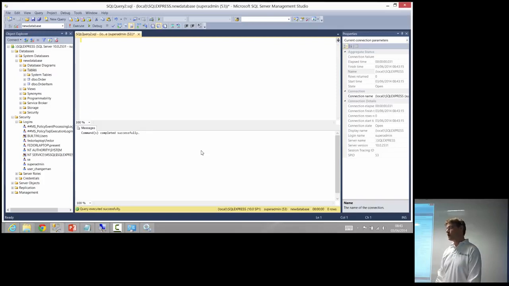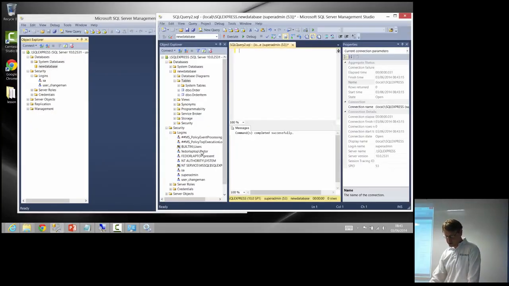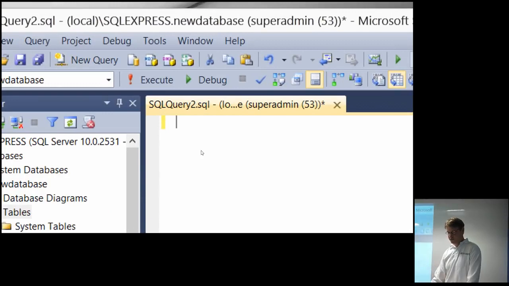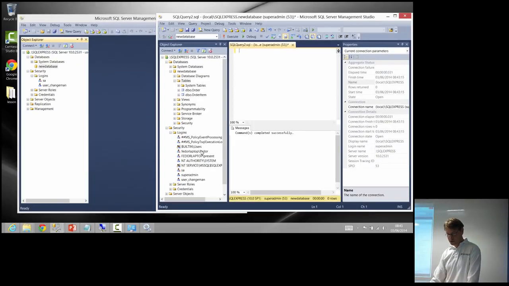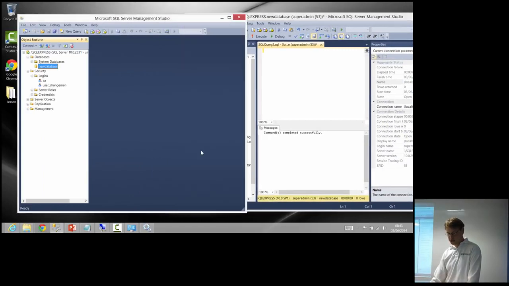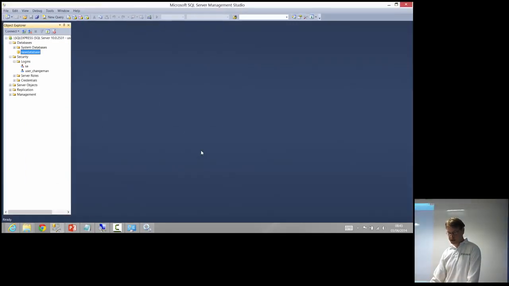Like for example, we can create new users and assign roles to those users, etc. So let's come out of the super admin. As you can see at the top there, I'm connected to the server as a super admin. So let's go back into SQL Server Management Studio, but this time I'm going to go in as